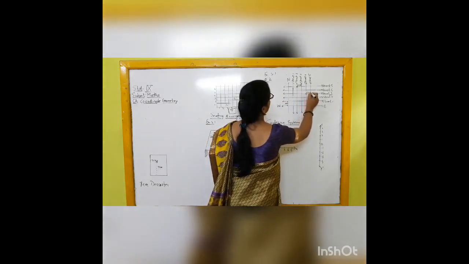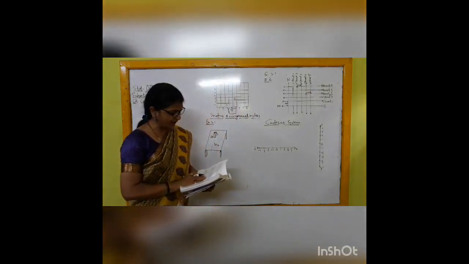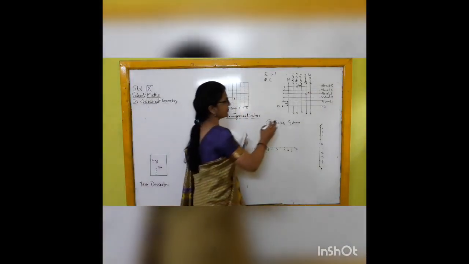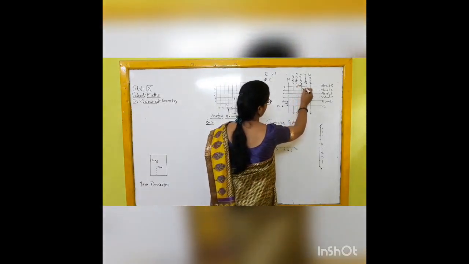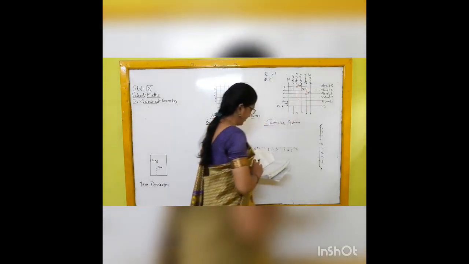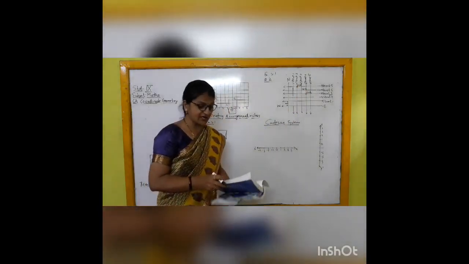4, 3. Next question is, how many cross streets can be referred to as 3, 4? Again, 3, 4 means the third street and the 4th column. So this point is here. Now we have finished exercise 3.1. Next we will see about the Cartesian system.